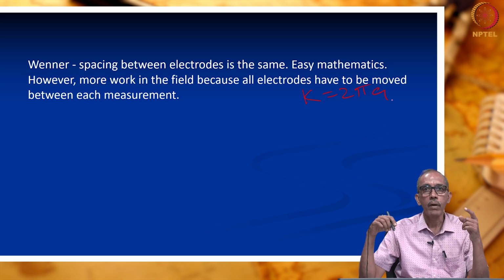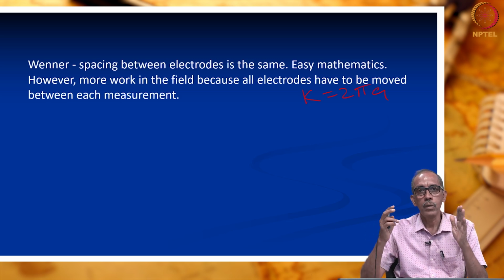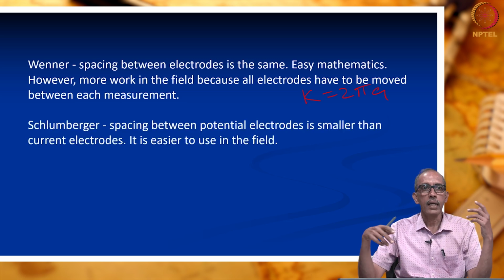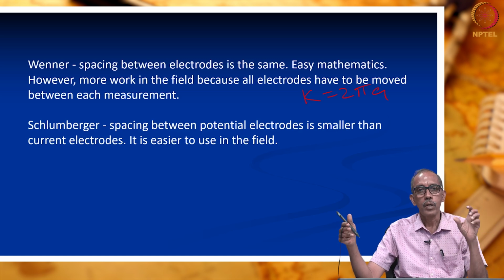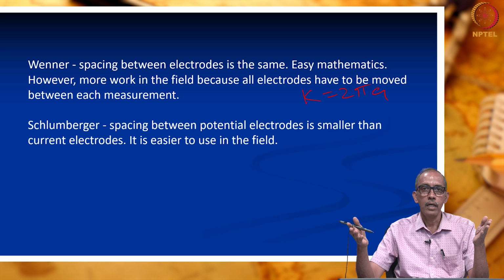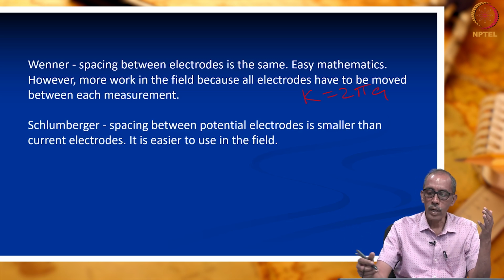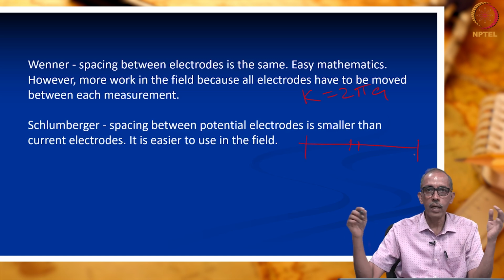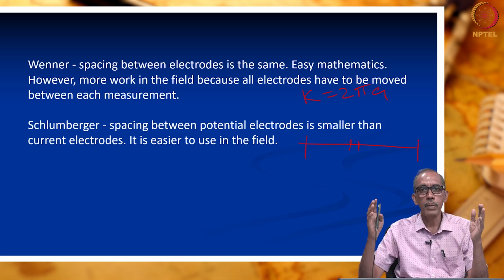slide. However, carrying out this work in the field will be sometimes confusing, because when you want to make fresher and newer measurements, all the 4 electrodes have to be shifted. Whereas in Schlumberger, potential electrode distance is much smaller, so it is easy to deploy, follow in the field. Because what is the difference? The potential electrodes are closer to each other, current electrodes are far away, but for every measurement you need not